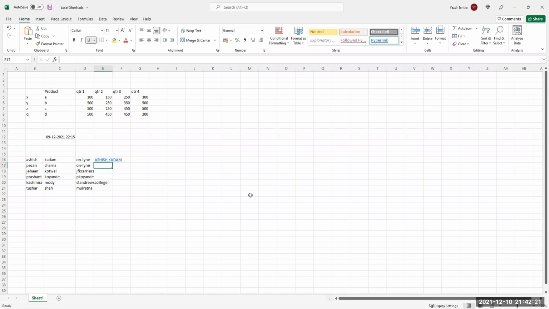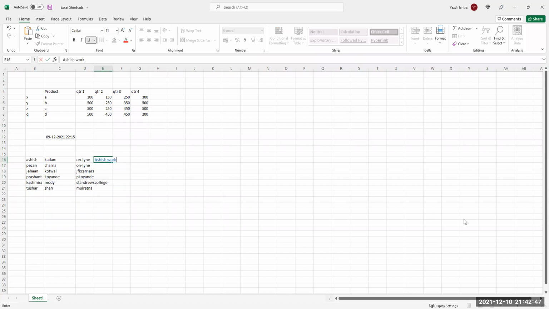When I say flash fill, you can do anything. Only thing is the pattern has to be consistent. Or if you remember, I don't know why you guys don't remember. This was one of the best classes that we had. Not practiced. That is the problem.